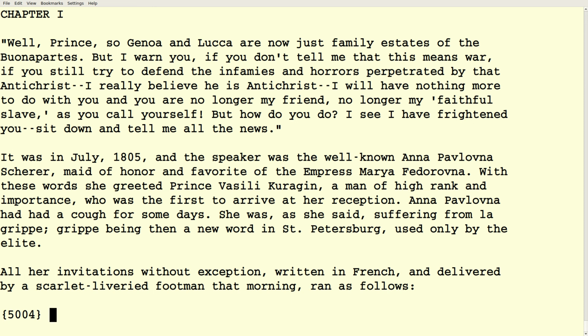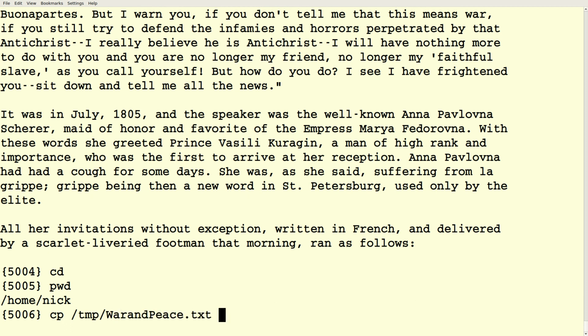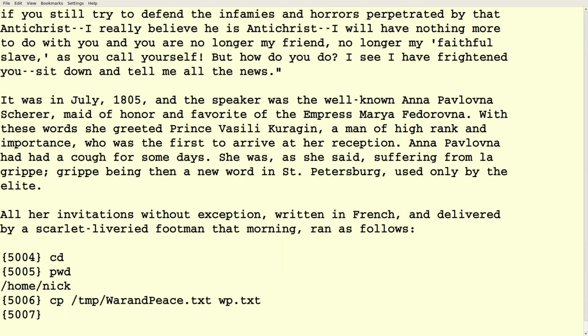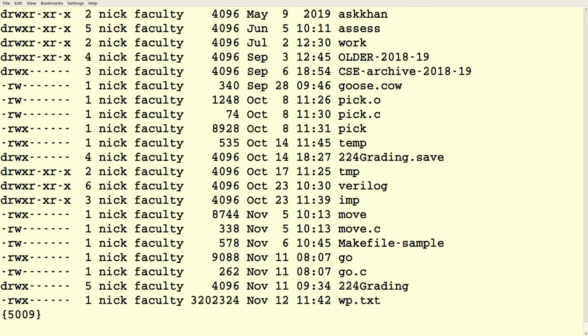Question. How do you actually take that file from temp into your own? You can copy it, or you can just read it. You can just say less than /temp/. How do you copy it? CD. So here's my home directory. So I can copy /temp/War and Peace. I'll just call it WP, so I don't have to type in War and Peace. So now it's in my home directory. CP source destination is how you copy files in Unix. Okay, so you just gave us a free one. Yeah, I guess it's public domain. Yeah, it's from Project Gutenberg.